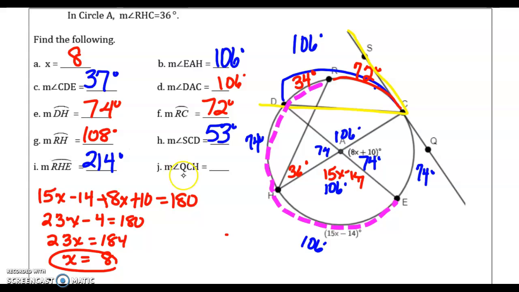And then finally we're finding Q. Oh, this is just getting to be kind of crazy. QCH. Here's QCH. Again, this is inscribed because the vertex is right here. And then we are intercepting a semicircle all this way. So half of that will be 90. Ooh, that was a lot